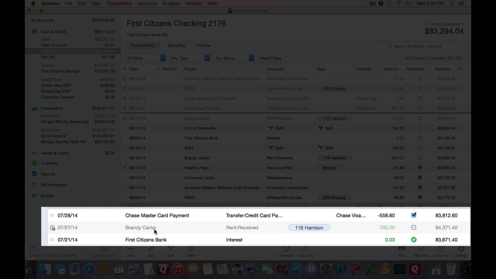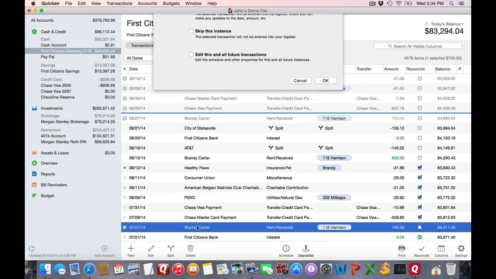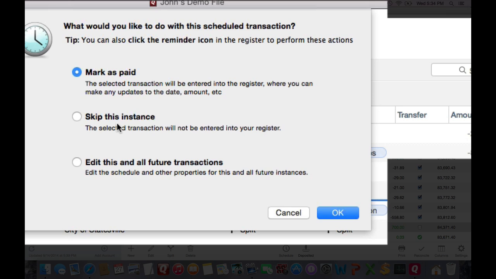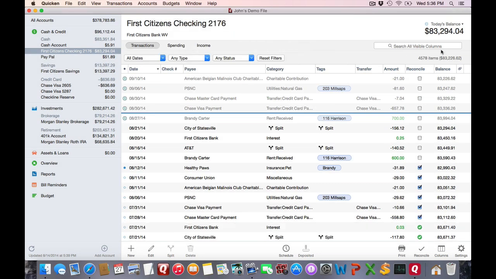For example, Brandy Carter never paid me rent this month, but the running balance still shows the rent payment that she should have made. For those ones that you've skipped, you must go through and mark these as skip this instance. Now if we move up to the upper right of the window, you'll notice that there's the today's balance